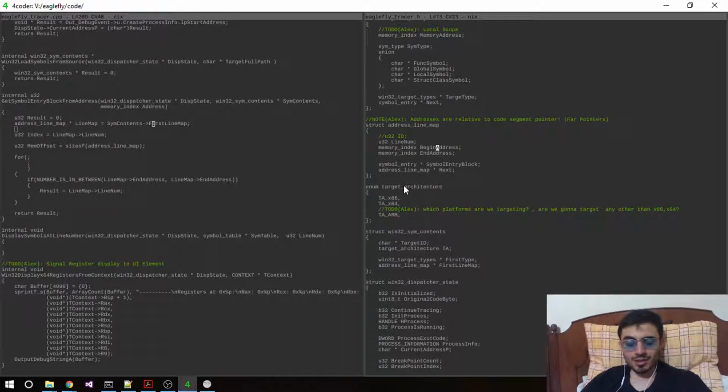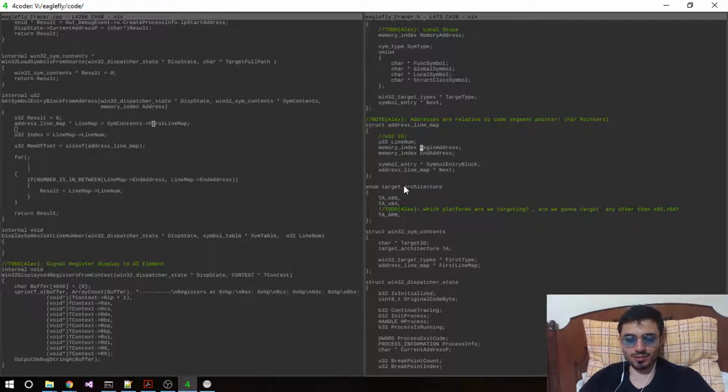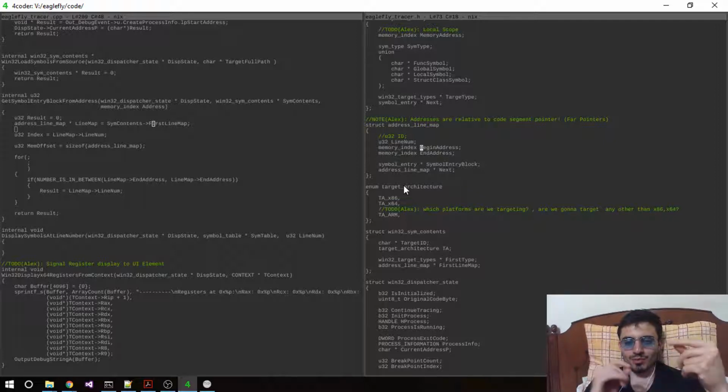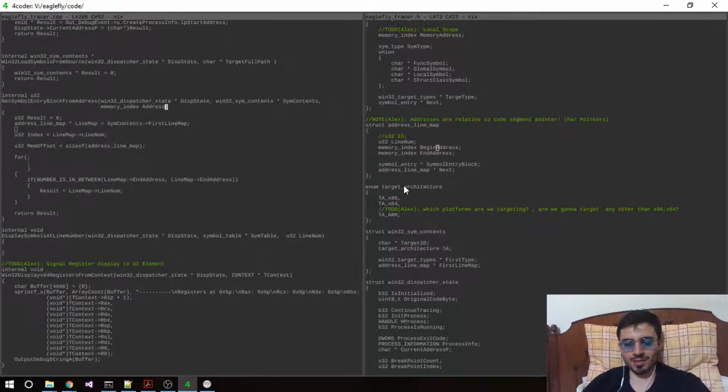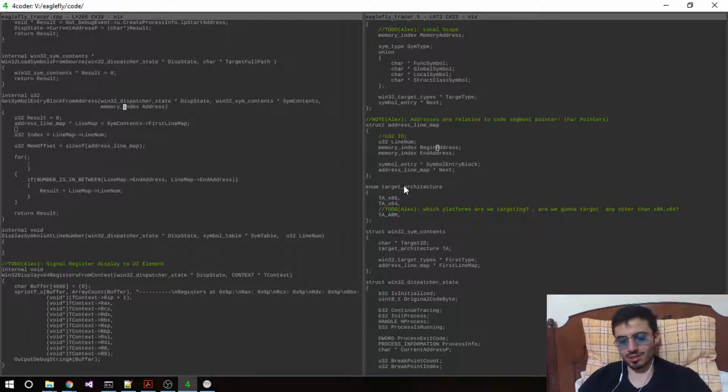The only way that could be possible is if we really map it directly in address space, like in the thing where we have the address here. We have a mapper that maps directly to it, which is kind of ridiculous because